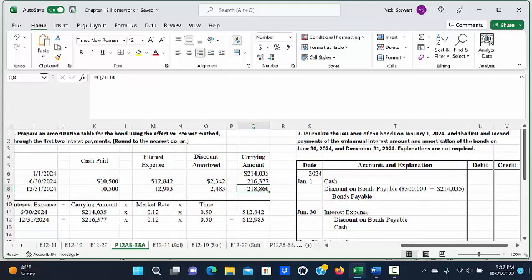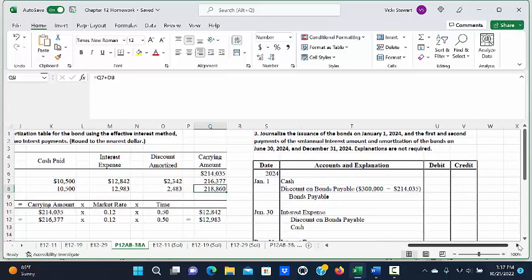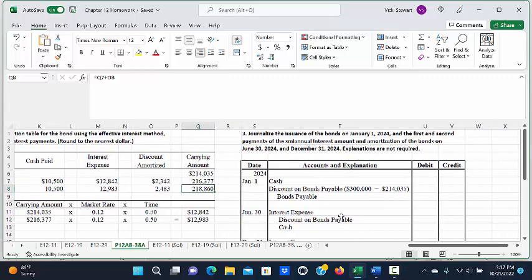The third part of the problem asks us to journalize the issuance of the bonds on January 1st, 2024, and the first and second payments of the semi-annual interest amount and amortization of the bonds on June 30th and December 31st, 2024. So when we issue the bonds, we've already determined that we actually received cash of